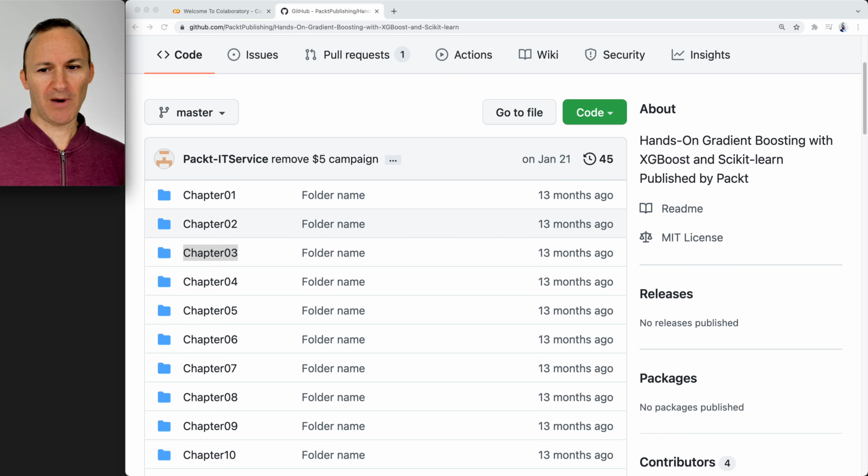So I'm on the GitHub page for this class, you could say. This is where I find a lot of the data sets and the code, because recall that it is partially based on this Hands-On Gradient Boosting with XGBoost and scikit-learn book published by Packt. Book totally optional, but again, we're using this GitHub page, which you can search on Google to access the data. We're now in chapter 3, which is the random forest chapter. So if you click on that, okay, chapter 3 link,